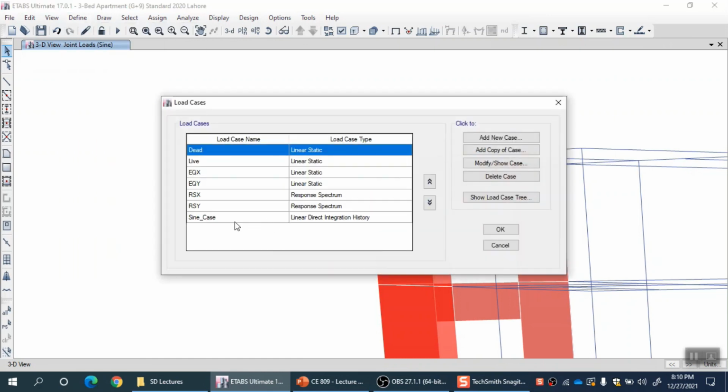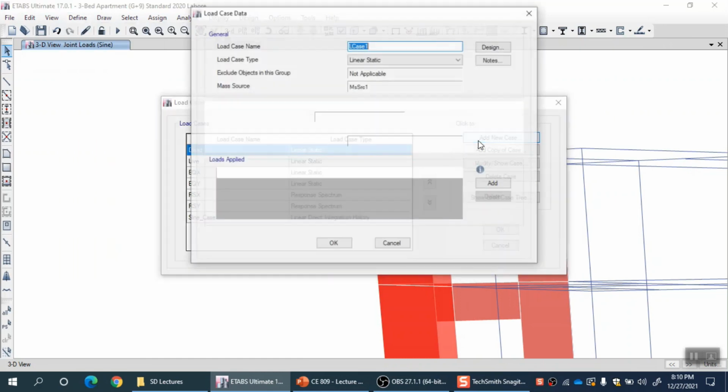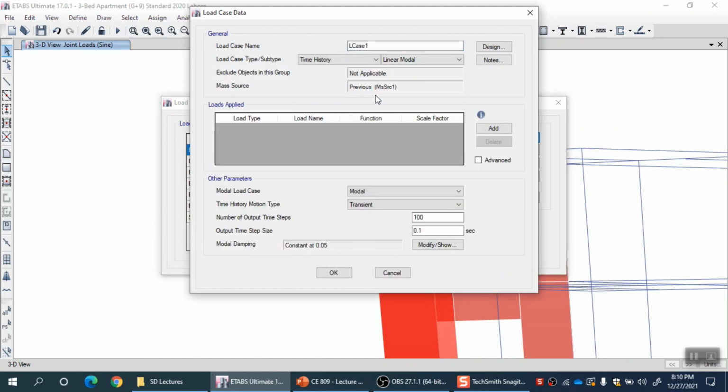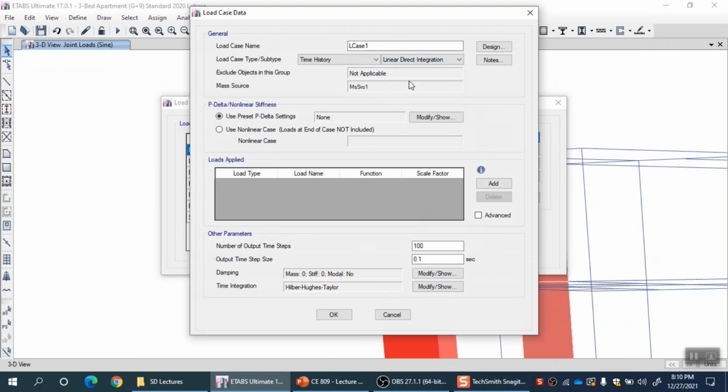In load case, let's say that I add a new case and I make it time history, and let's select it as linear direct integration and add a new pattern in this and set its type as acceleration pattern. It should be in the U1 direction, the global x direction of the building.